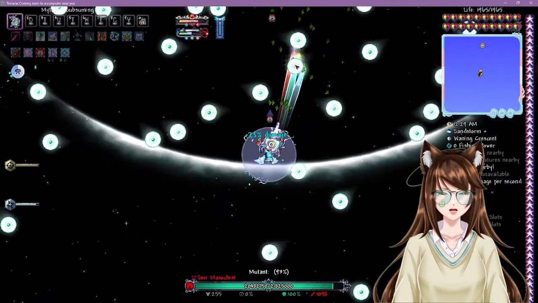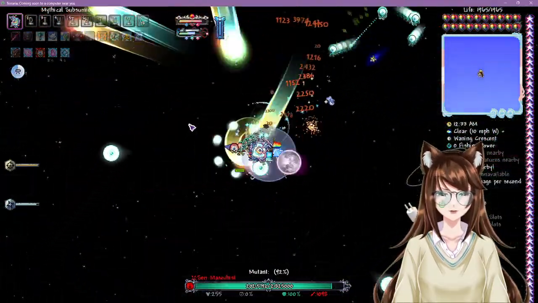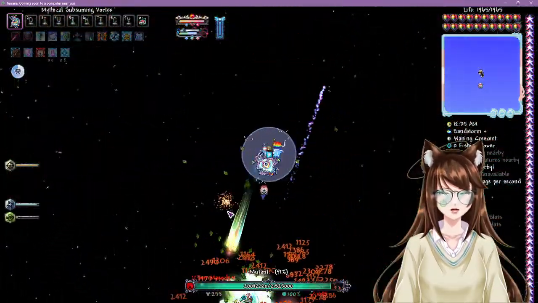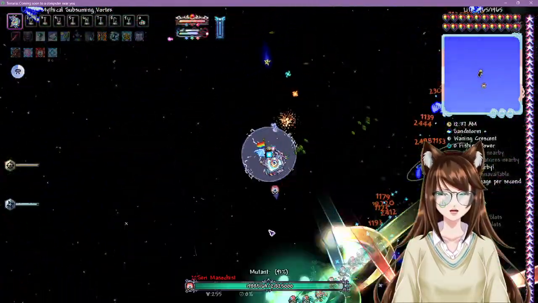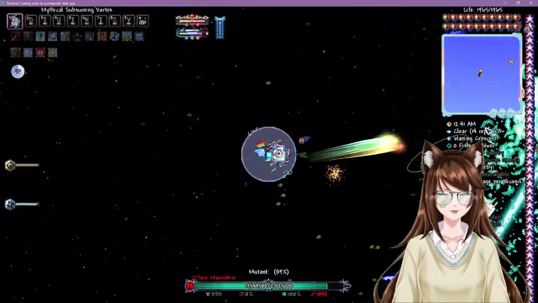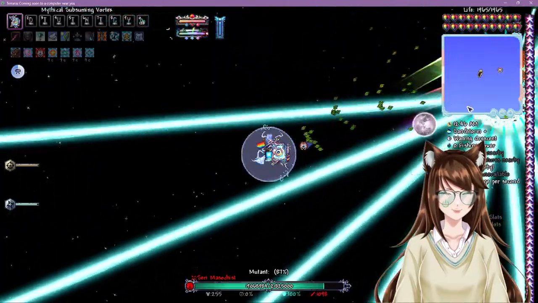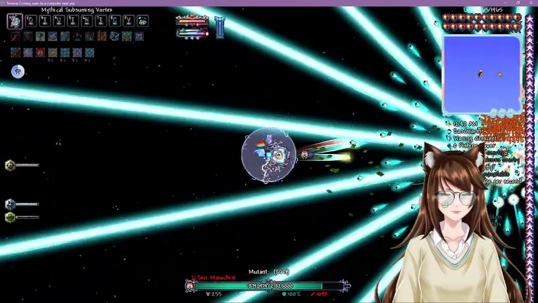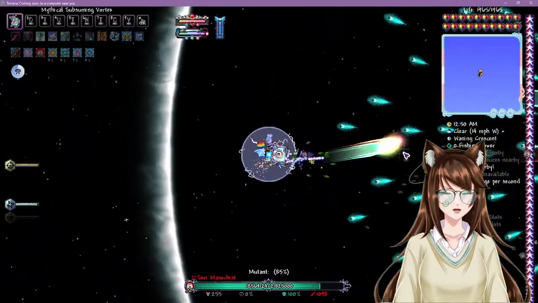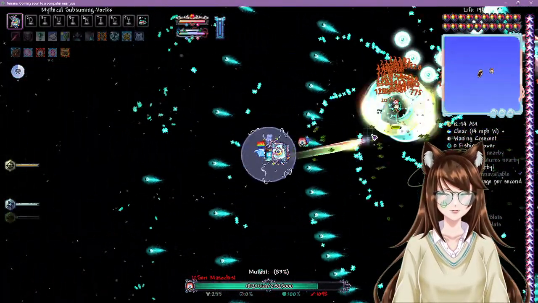By the way, the blue box is my hitbox. An accessory does that. It's not the actual hitbox. But yeah, that's my better hitbox, which is very good. I like small hitbox. It's only for projectiles, though.